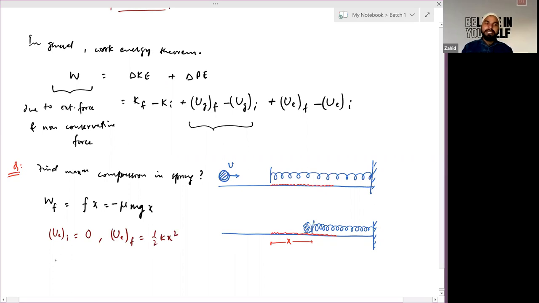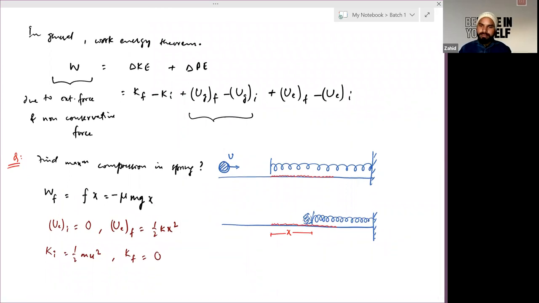Similarly, the initial velocity of the body is v, for which it will have some kinetic energy, which is equal to half mv square. And finally, on getting maximum compression, it will stop. So final kinetic energy will be 0. Now put all these values in the above equation or expression, you will get